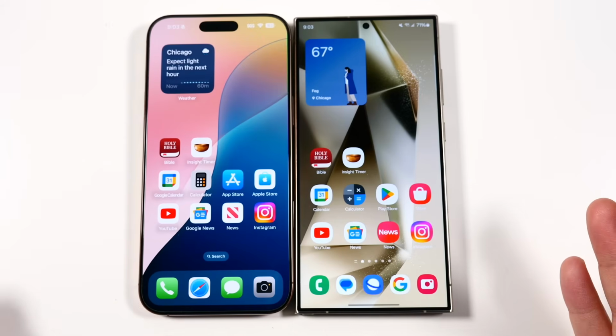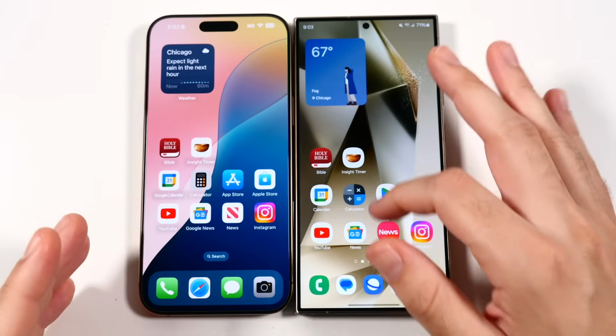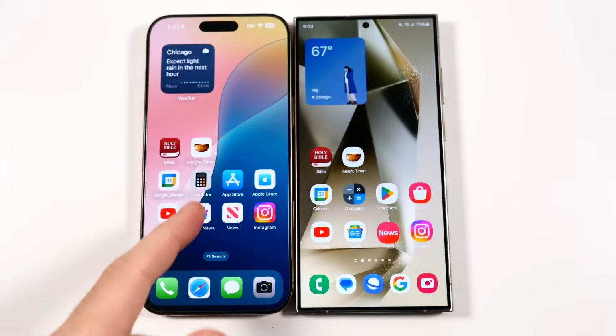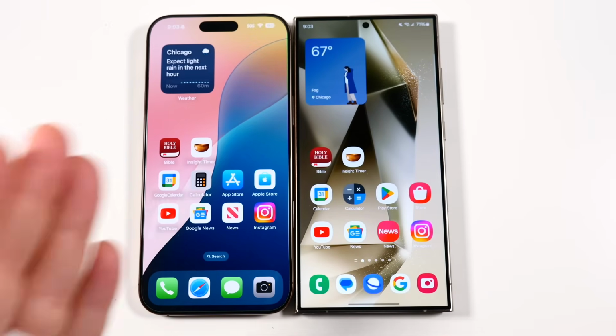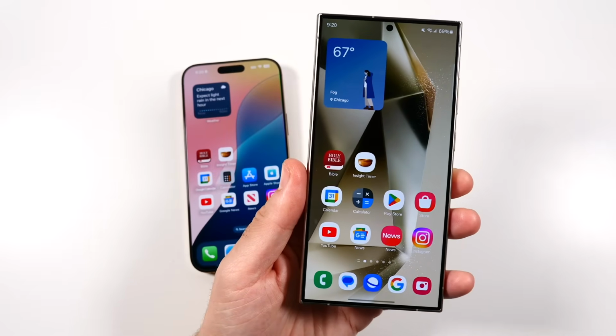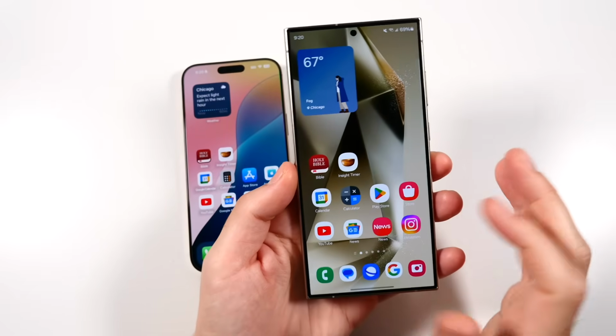So I'm not like mad about that. I'm just saying that if I want to have some fun and be entertained, I'm going to use the Samsung all day over the iPhone. If I just want old trusty reliable, I'm going to use the iPhone all day. A couple other areas where the Samsung really does still shine over the iPhone, and it really irks me that